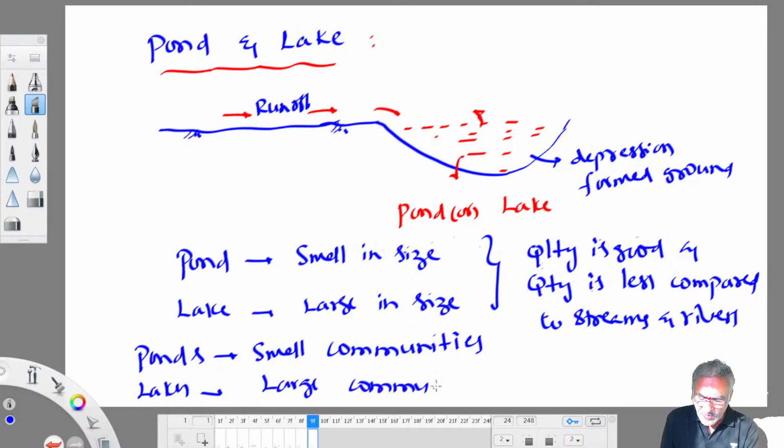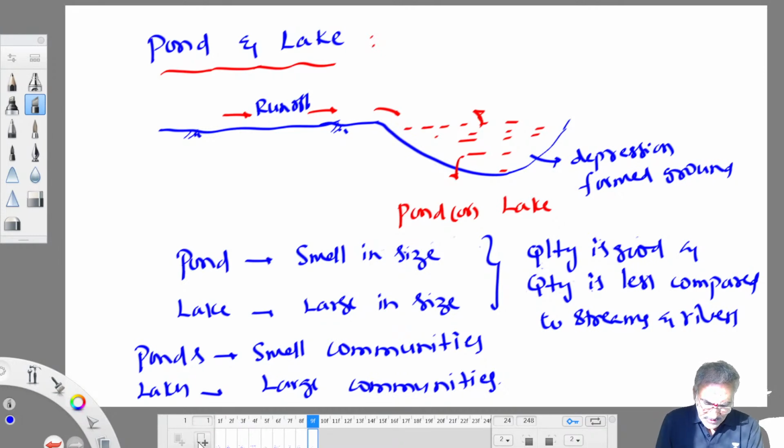A city like Mumbai has a population of 2.5 crore. The total of Mumbai is fed by two lakes. One is Powai Lake, the other one is Virar Lake. Those two lakes mean so much to Mumbai. The water demand of the 2.45 crore population is met by those two lakes. That's why they are very, very important for Mumbai, and they protect those lakes like anything. So lakes can answer the water requirements of any community. But ponds can answer the water requirements of small villages, small towns, etc. You can't depend on them for large communities.